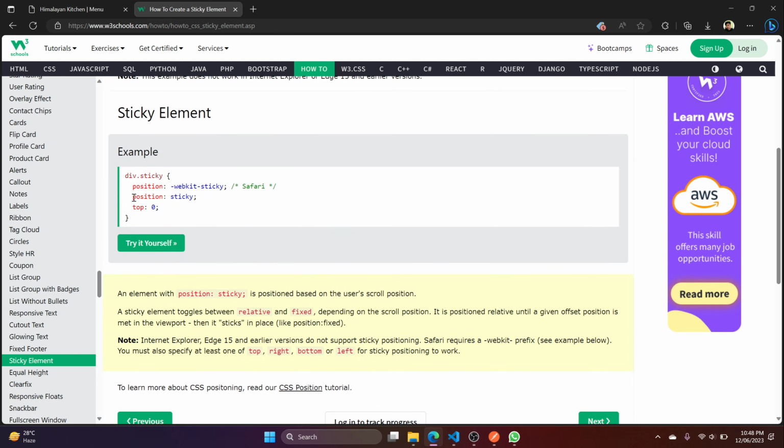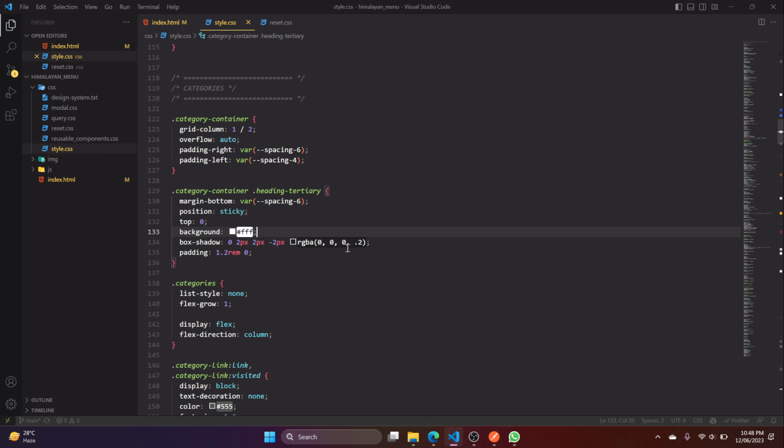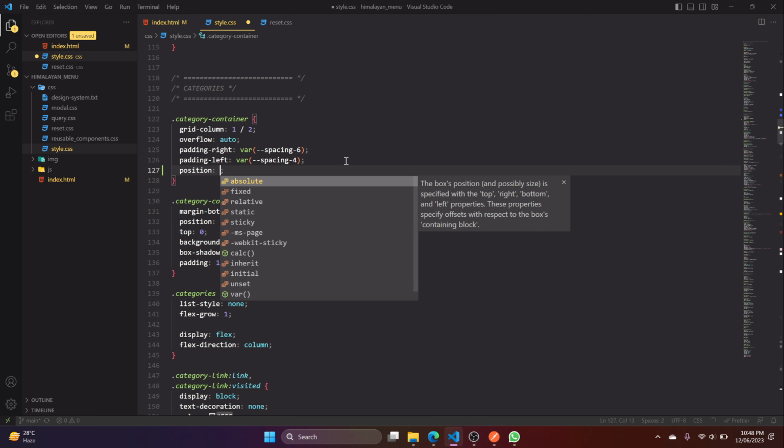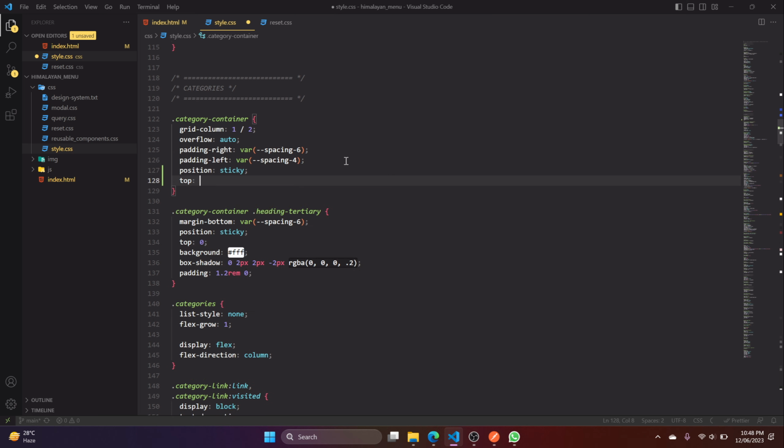So for this, all you have to do is add position sticky and some position like top 0, left 0 or bottom 0. In this case, we want it to stick at the top, so we want it to be top 0. So I go over here and add position of sticky and a top of 0,